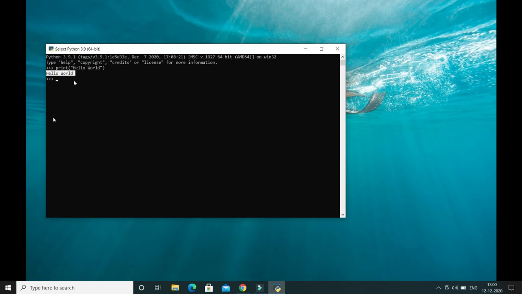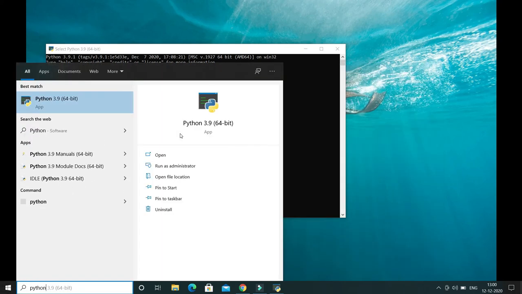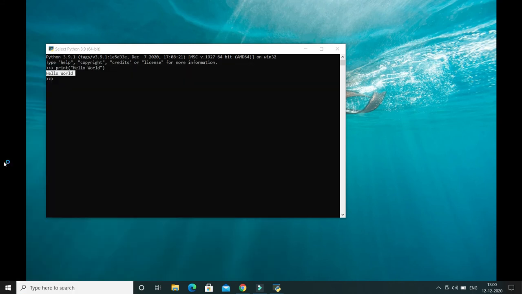Apart from that, the Python Windows installer also provides IDLE, that is also called idle. That you can also open over here. If I search for Python, then here you will get the option for IDLE. This is basically the IDE which is built in with the Python installer package itself, right?